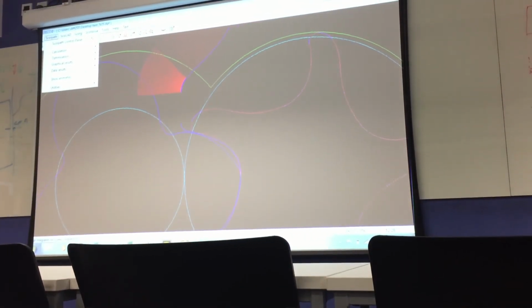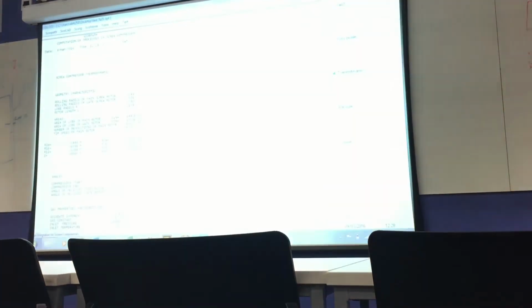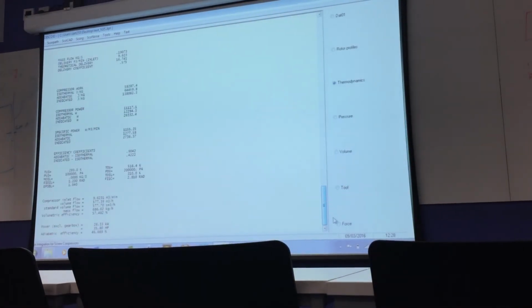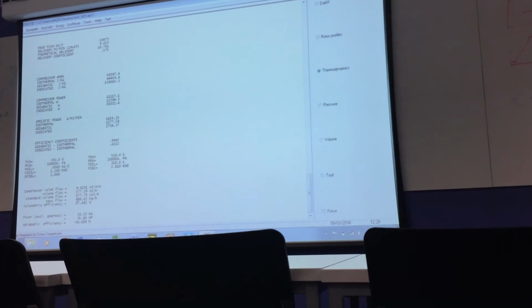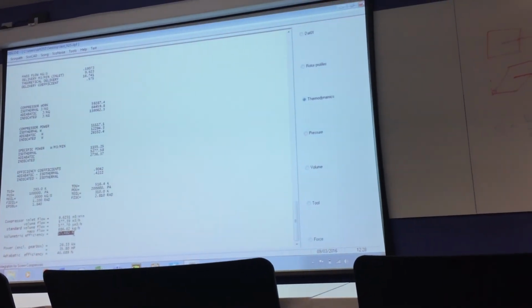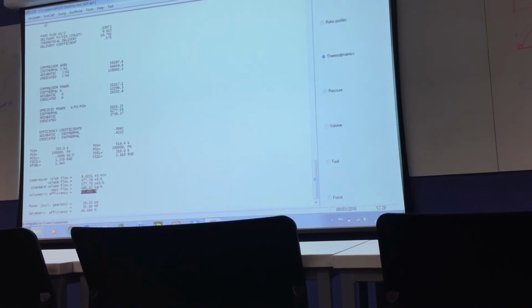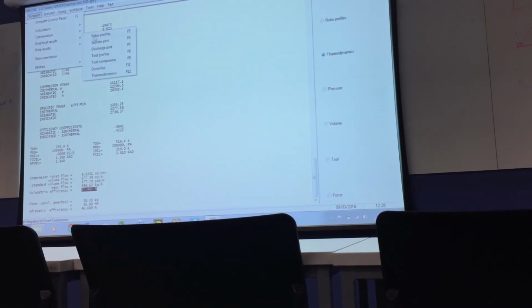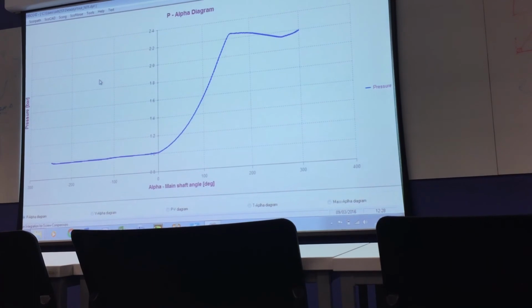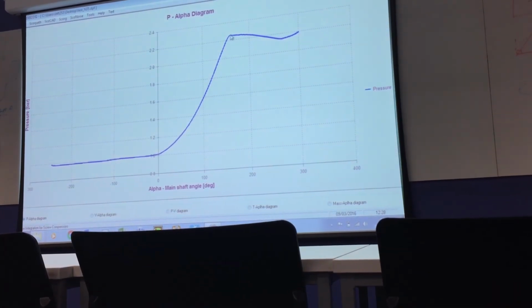Now if I go back to volumetric efficiency to check what has happened, it's not much different because discharge pressure is the same. And if I go to pressure plot, then again it is not much difference because there is only a slight change.